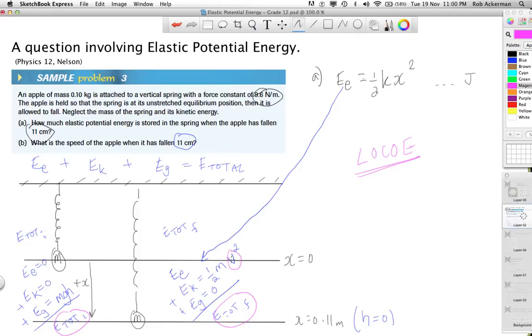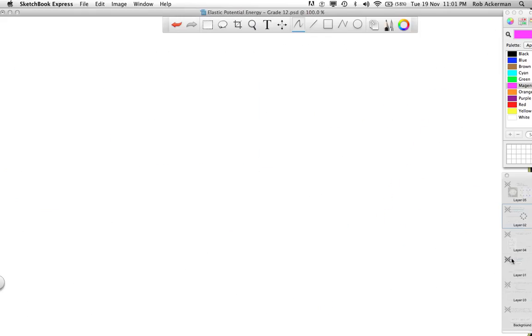And folks, I think if you apply this idea, you ought to be able to solve for the speed. If it turns out to be 0, then I guess this was the lowest point that the mass can go to. But if it's not 0, then I will have been right, in which case the mass was still moving when it fell down this far. All right, this is a question involving energy ideas as opposed to the previous one that dealt with acceleration and